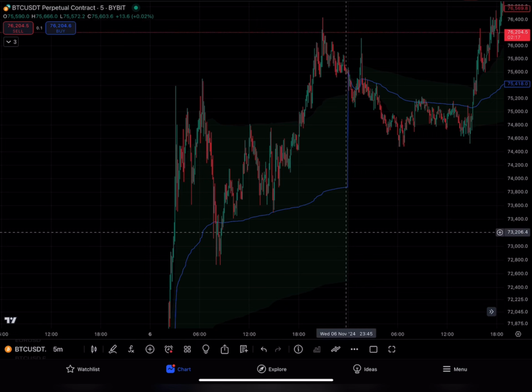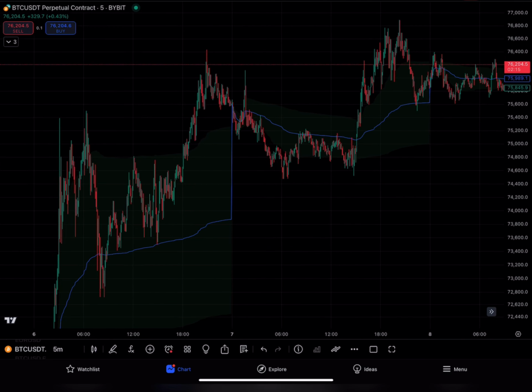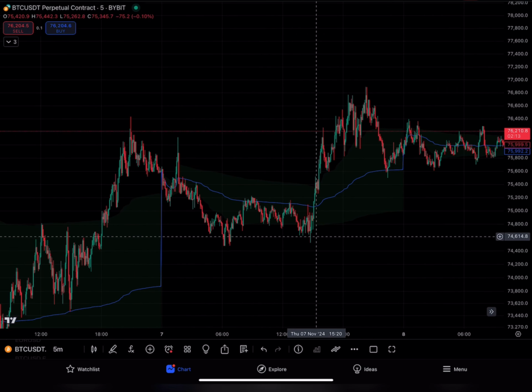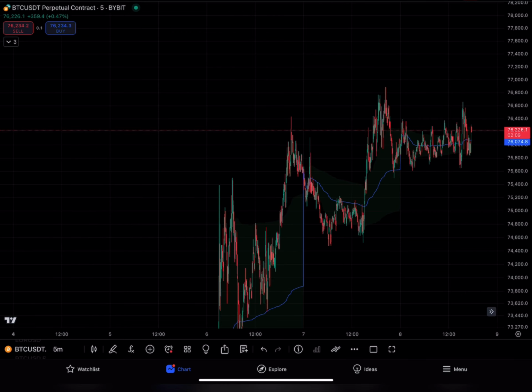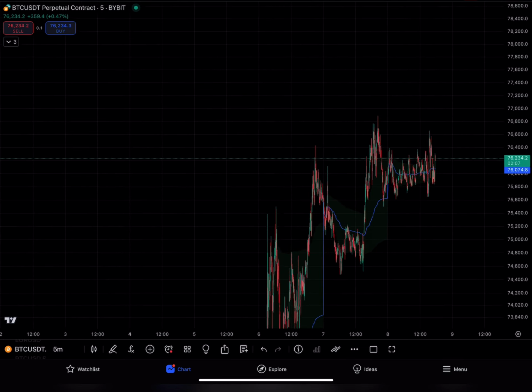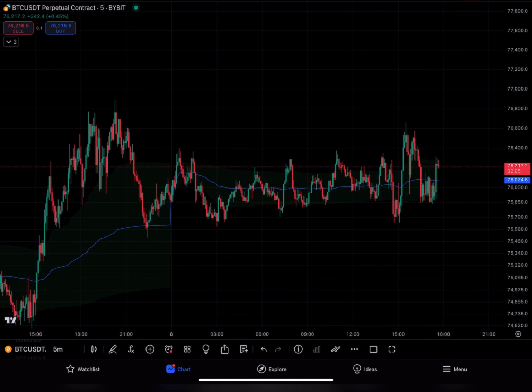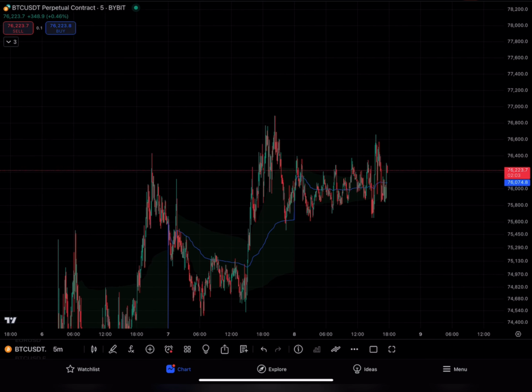And in this case, 2 days ago, we had a perfect tap here and here as well. As you can see here, after the VWAP was claimed, we came back, tested it, and currently we're making that bounce as we speak. So currently we're above it as well. So it's a great support and resistance level to use.